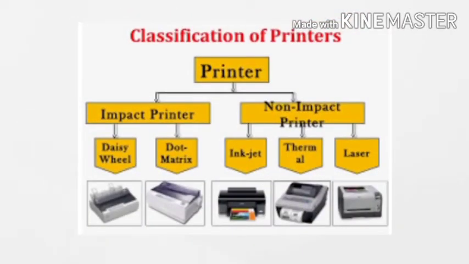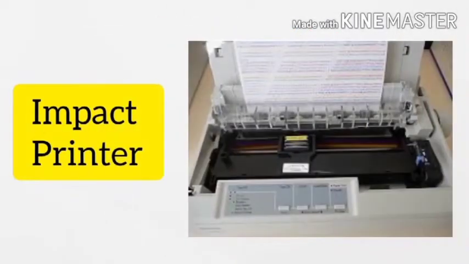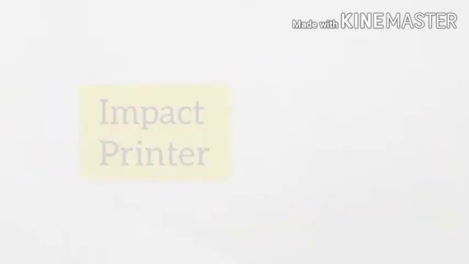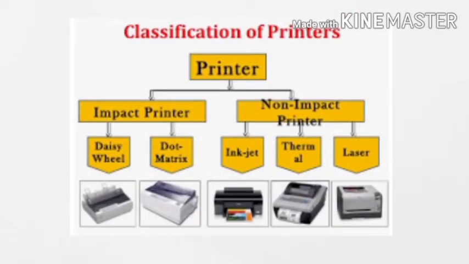What are the different types of impact printers, that we'll also see, and what are the properties of this printer. Impact printers are slow and noisy. They are slow as well, they are noisy too, and produce very poor quality output as compared to non-impact. I told you two printers are there, impact and non-impact. As compared to non-impact, they have poor quality of output. Clear? The examples of impact printers are dot matrix printer, daisy wheel, or line printer.